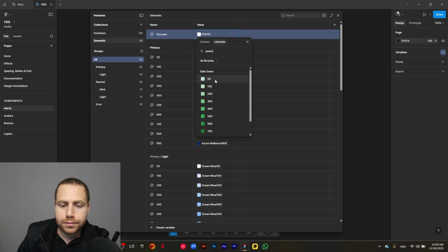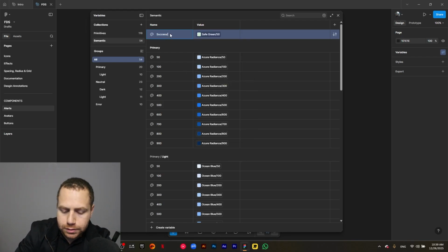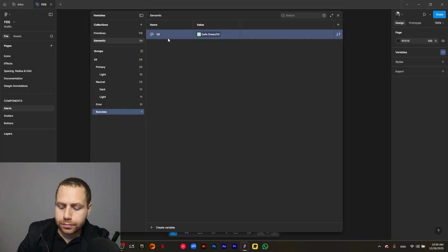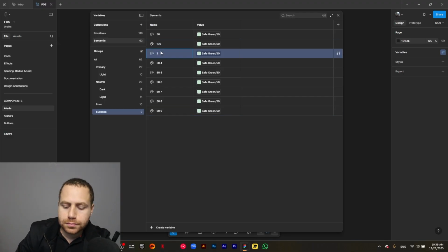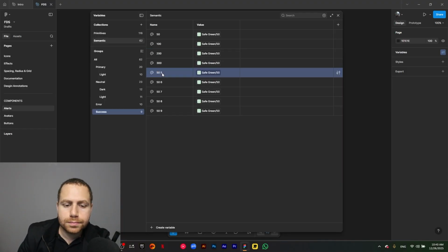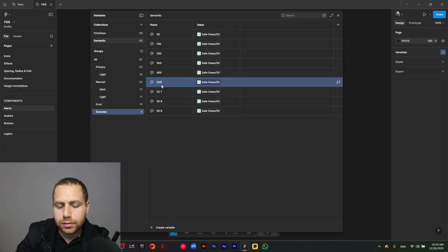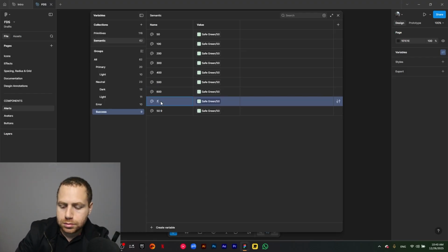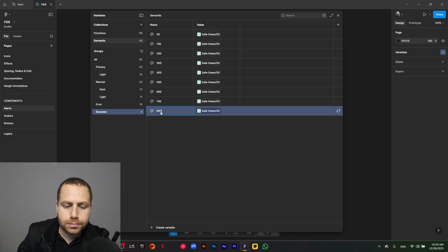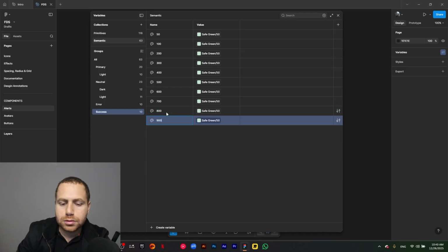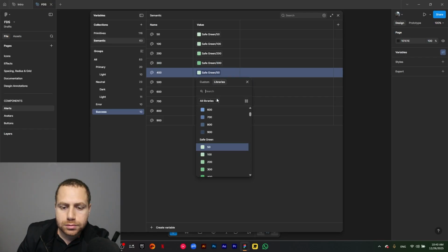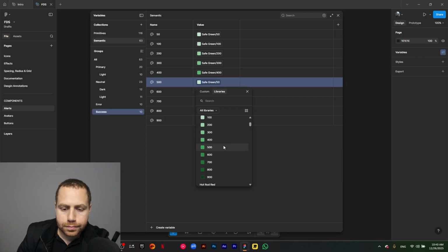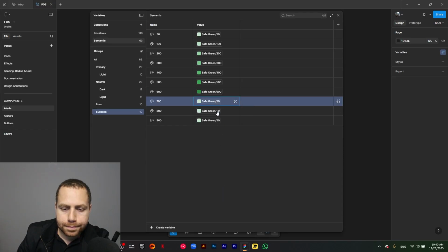The green, safe green. This is /50. I'm going to duplicate all of these about 9 times. 100, 200, 300, 400, 500, 600, 700, 800, 900, and we will change the corresponding values, the variable values, correctly. This is 700,